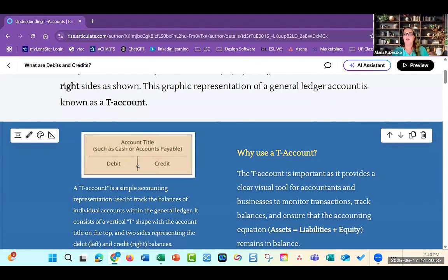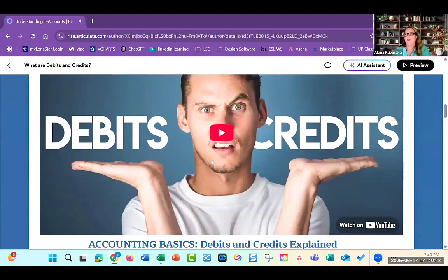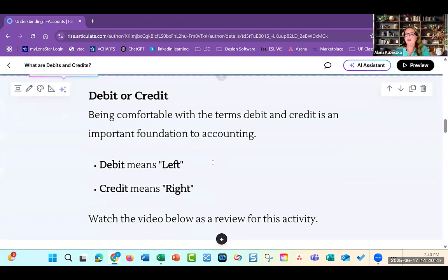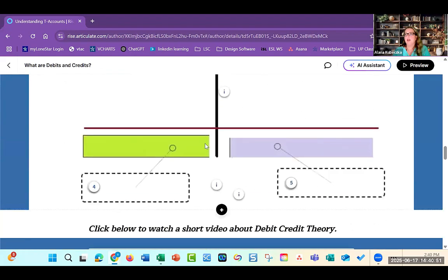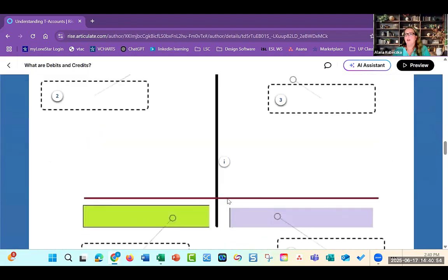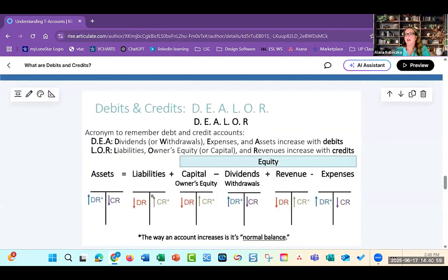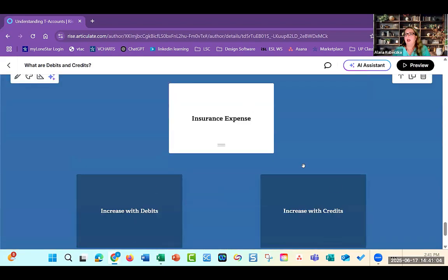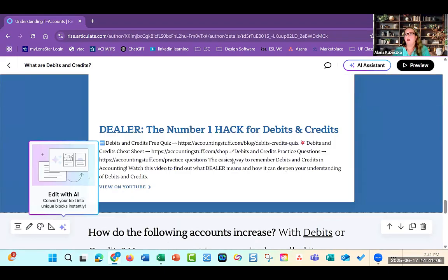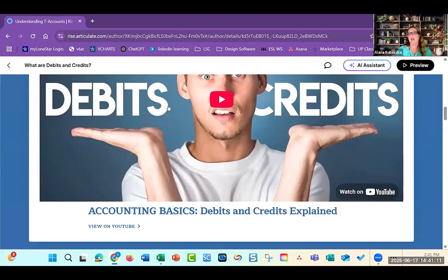So she would make different graphics for me. Sometimes I had to remake them for her because they weren't really super engaging. She did use some videos and labeled graphics as well so that they would understand what the T account chart was going to look like. And we created this together. Again, this is a sorting activity. So all within this one, they had several different visuals, several different kinds of interactivity to do as well.